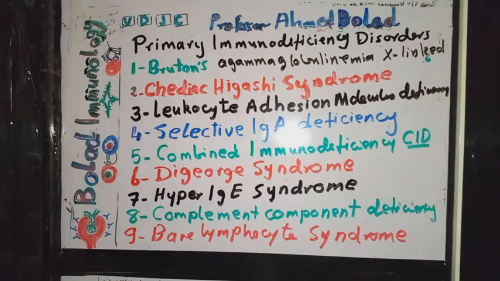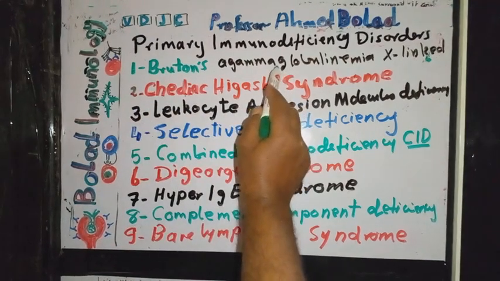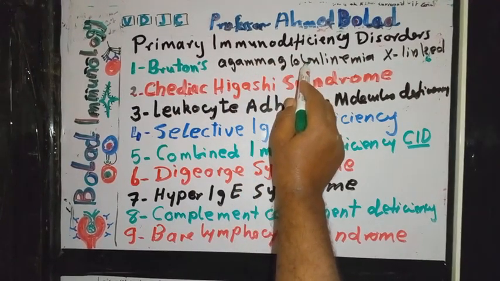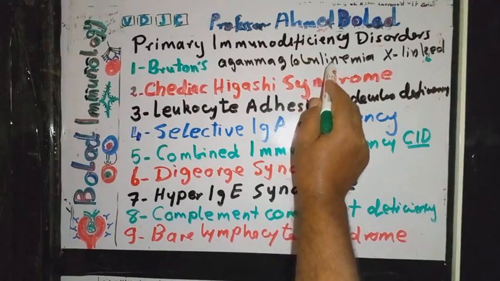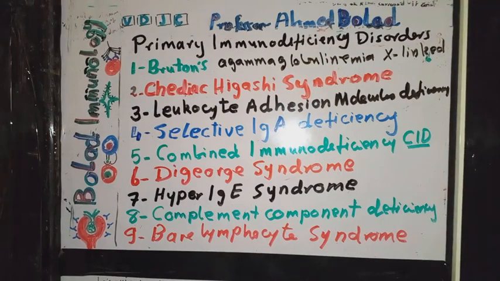It is due to a tyrosine kinase gene defect, which leads to production of immature B cells that do not produce